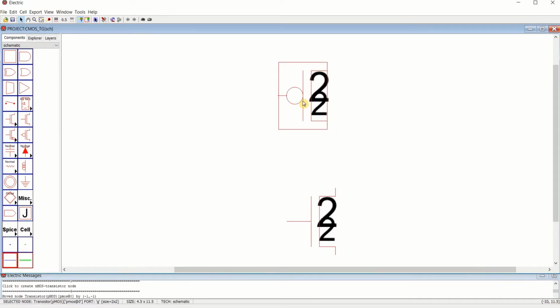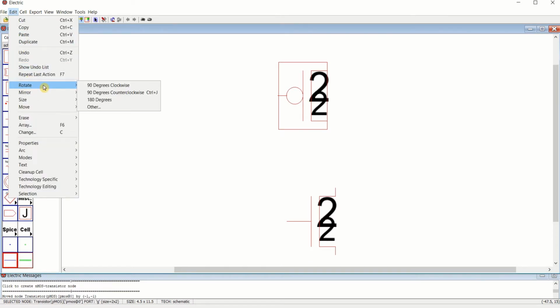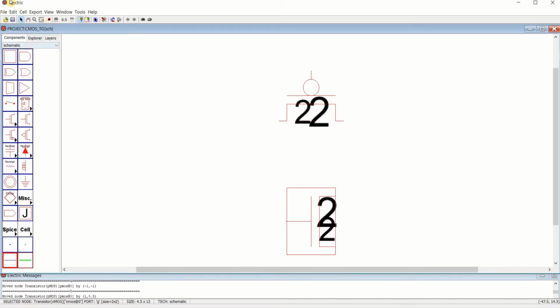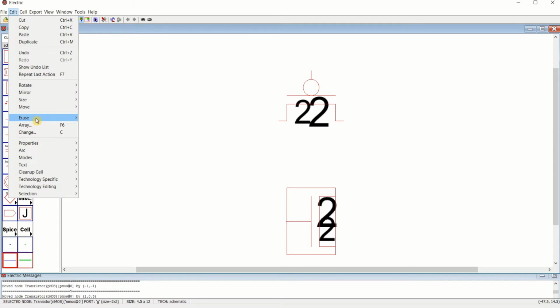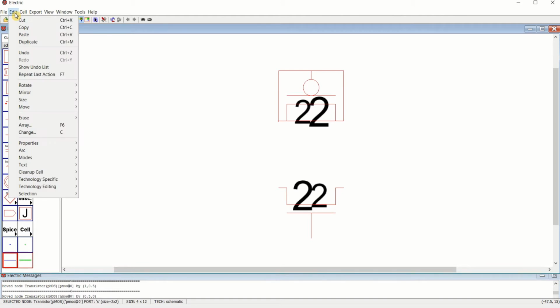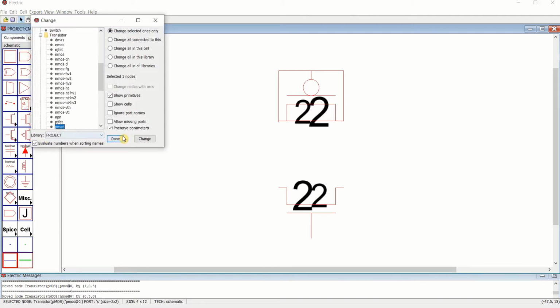Change this PMOS to 4 port parameters. First I will try to rotate it. Go to Edit, rotate clockwise. This one, change these transistors to 4 port. Select the transistor first, go to Edit, change to 4 port transistor.